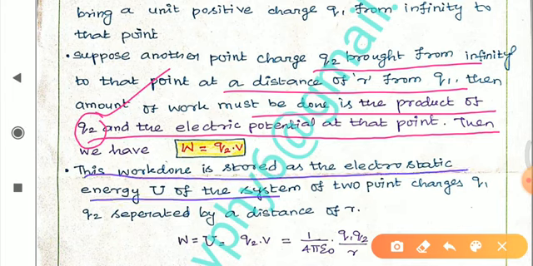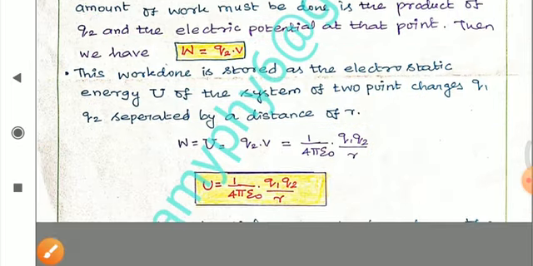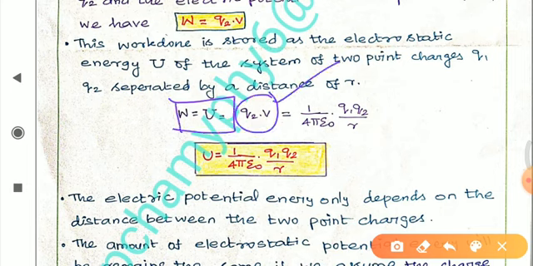From the 11th standard we have studied that potential energy is nothing but the amount of work done. So W is equal to U is equal to Q2 into V. What is V? V is the potential produced by the charge Q1, that is nothing but